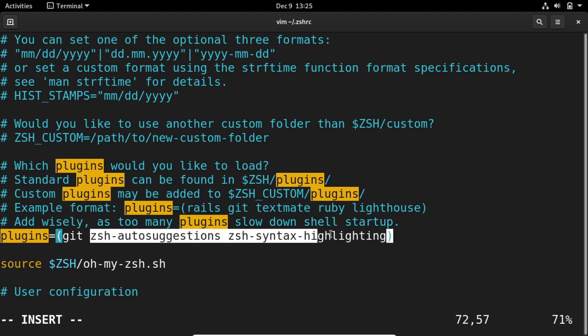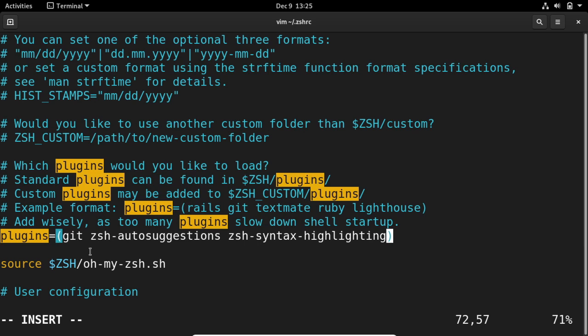These were the two plugins that we have downloaded, and you just need to give the name of them. Okay, so all the things are changed.